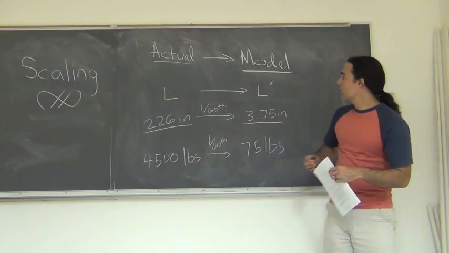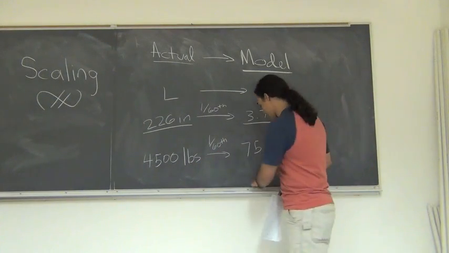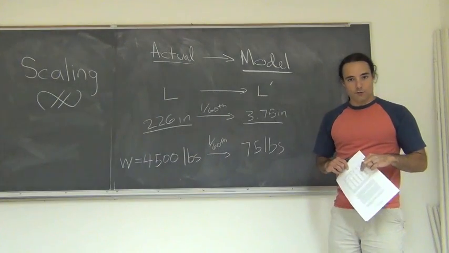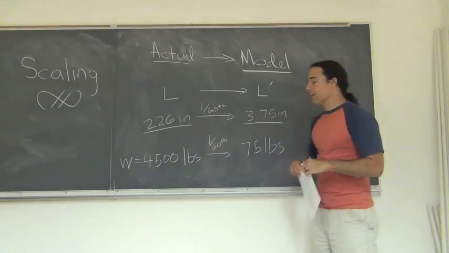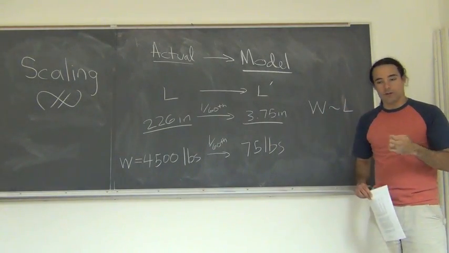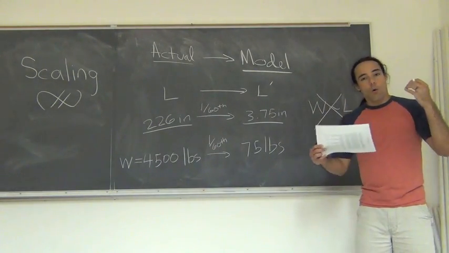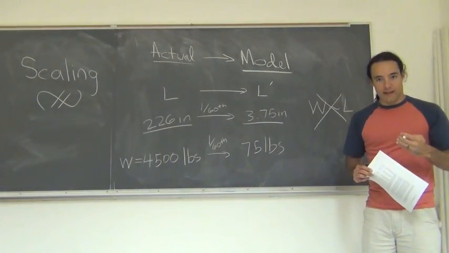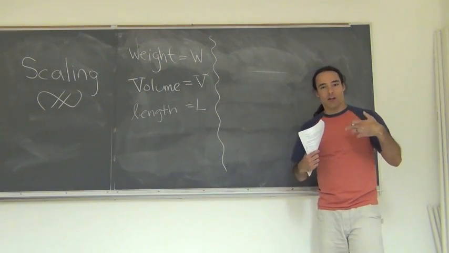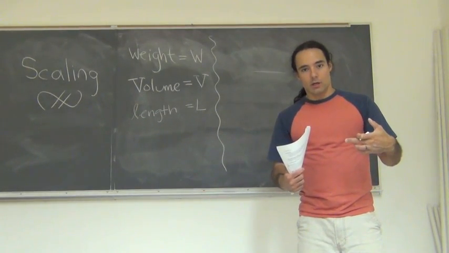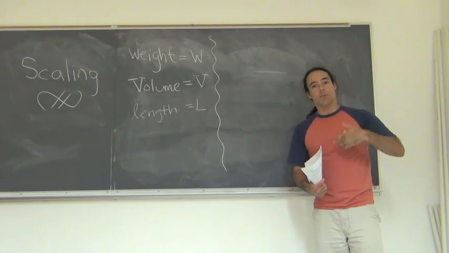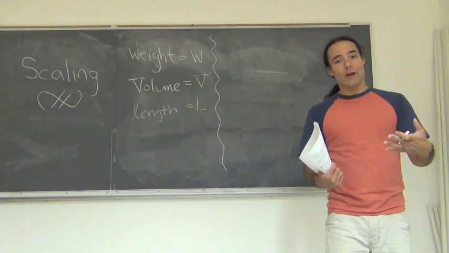Well, the problem is the weight. The weight of an object does not scale proportionately to length. It is not that weight is proportional to the length of an object. This is not correct. How does weight scale with length? So if I make myself twice as tall, you would expect that I might weigh twice as much. And if the only thing I did was change my height by a factor of 2, I would weigh twice